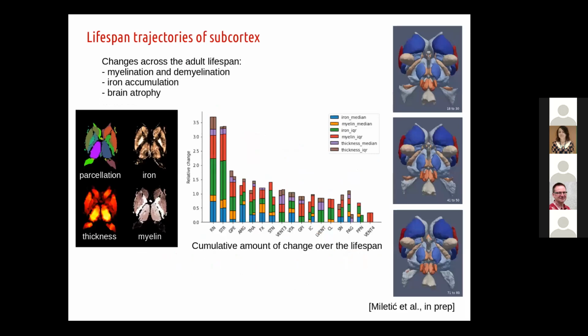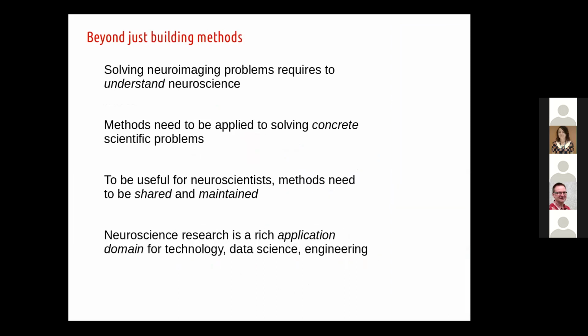But the final result of this is to then again go towards neuroscience and try to understand how all these different structures that we finally been able to map, how do they change in terms of shape, in terms of volume, in terms of iron and myelin content over the lifespan. So that was it. Sorry, it was a very swift overview with a lot of technical terms. But I think